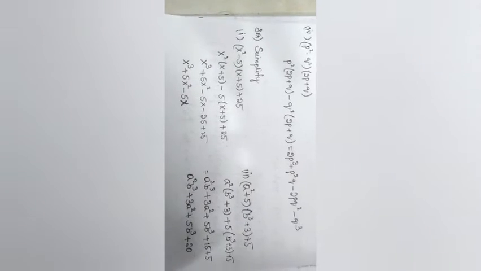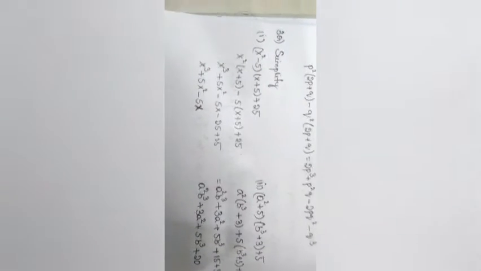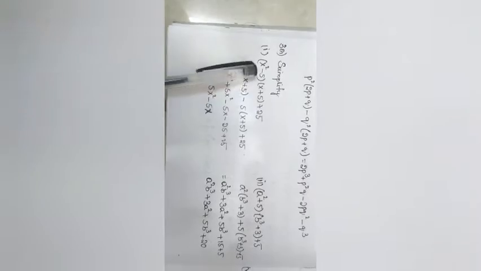See friends, third question. In the first and second questions they asked for the product: you need to do the product and give one equation. But in the third question what they asked is to simplify. They will give it in the form of x square minus 5, but you need to simplify it to this form. So it is also the same as the product itself; they just changed the question to simplify.